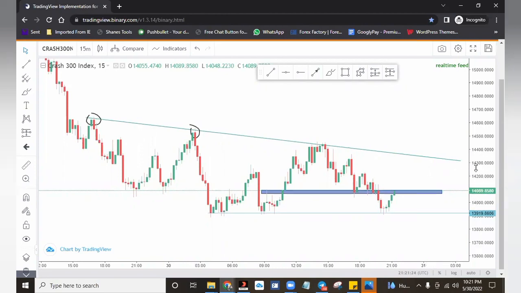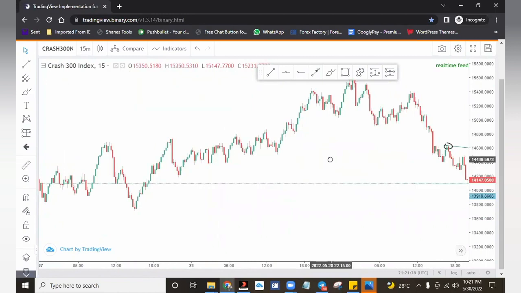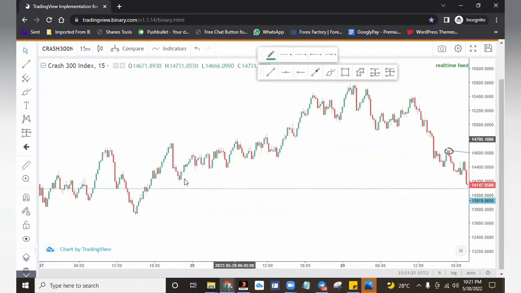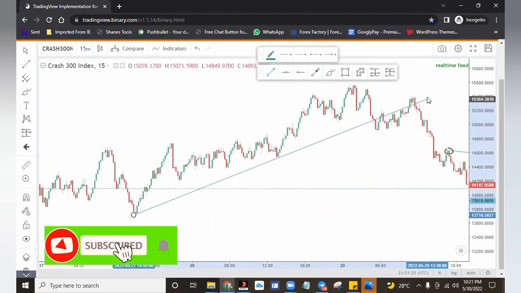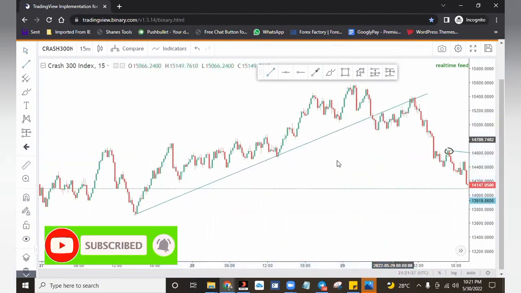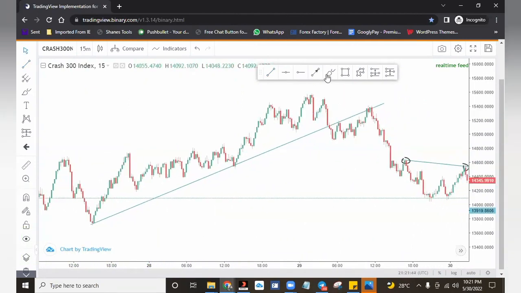So that's just the simple logic behind trading your supports, your resistance, your trend lines, and all of them. That's the simple logic behind it. Now, this brings us to the break and retest that I was talking about. Right here, we had the first touch. Good. And we had a second touch. Obviously, we ought to have taken another buy by the time price gets to here to give us a third